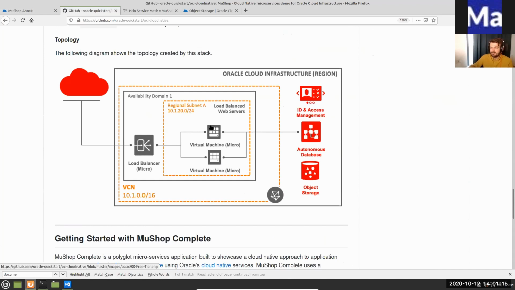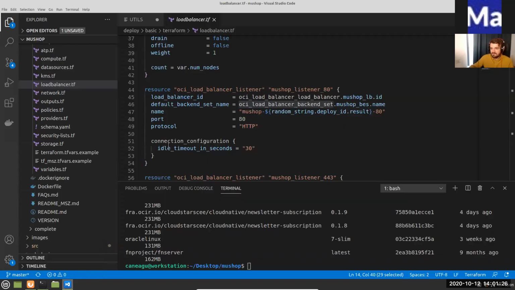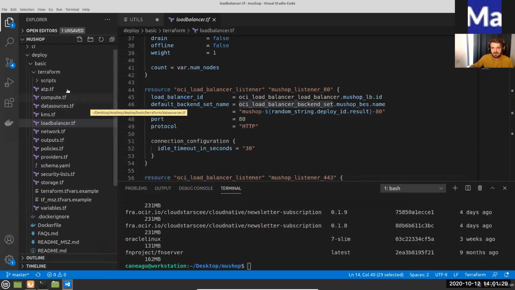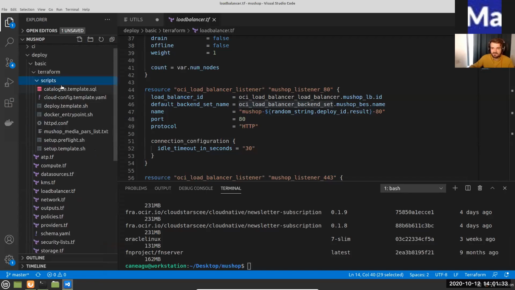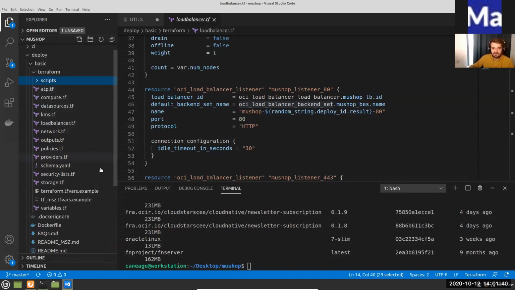If you take a look one by one, you will find all the services and all the configuration in that basic folder, right? Under Terraform, you will find all the resources being provisioned. Of course, again, it's very well documented. You can take it one by one and start playing with Terraform if you want. We have here some scripts, for example, for how you're going to kickstart the virtual machines and so on. These are very useful resources if you're starting to play with infrastructure as code and Docker containers.